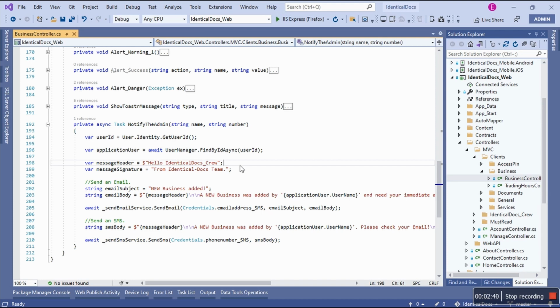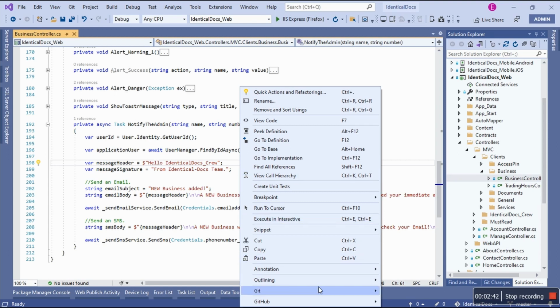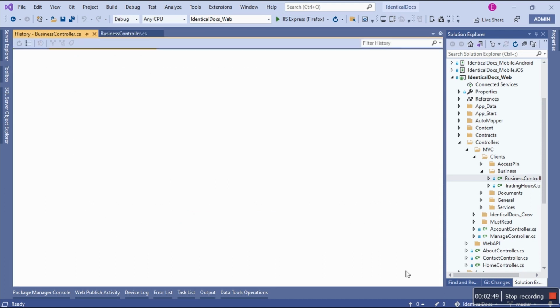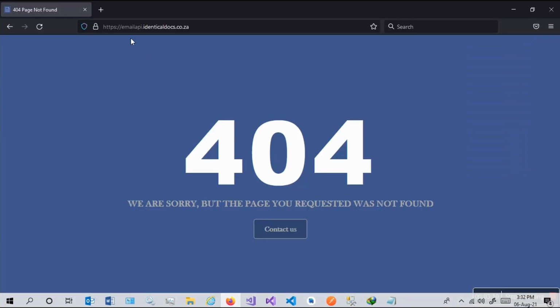If we do right click, I'm just teasing you with the Git history. Right click, give it a second to spin, and I'm gonna go to Git, and I'm gonna say view history on this particular file or this particular class. I just want to show you the most recent changes that I made today, a few minutes to hours ago. While it's loading, trust me, it's loading. I need Microsoft to work on this loading indicator. I can see something's moving, but it's terrible. In the meantime, let's go to